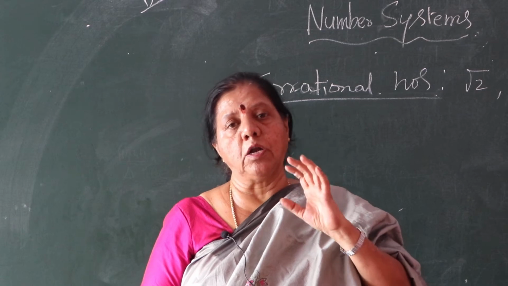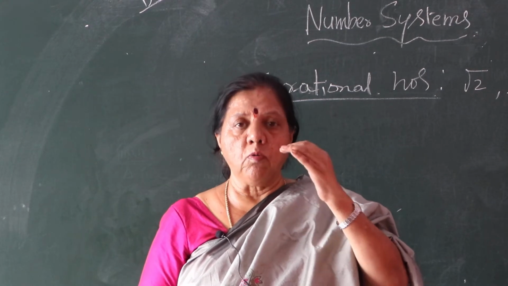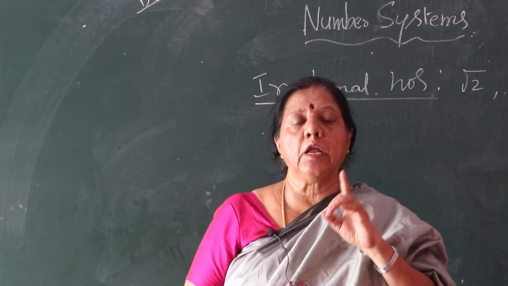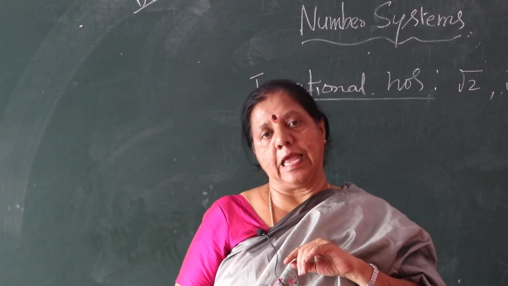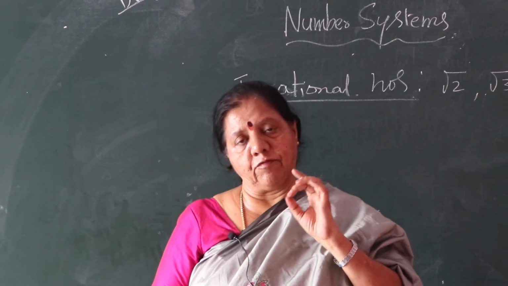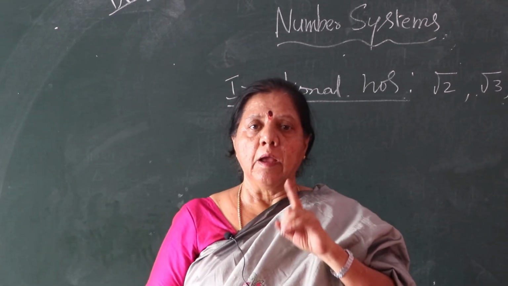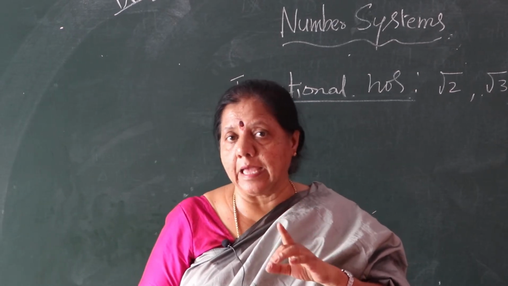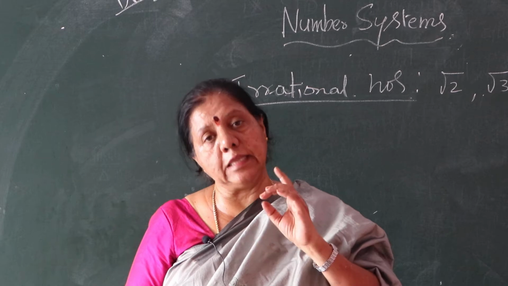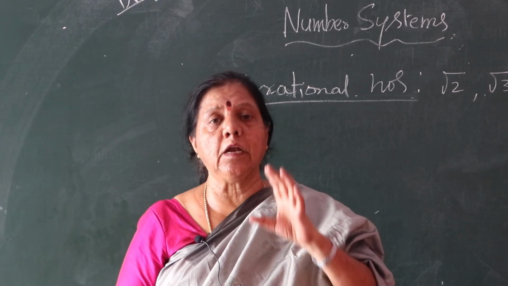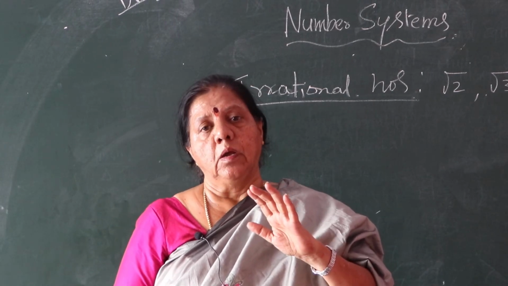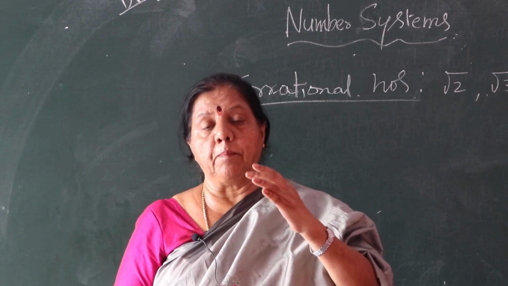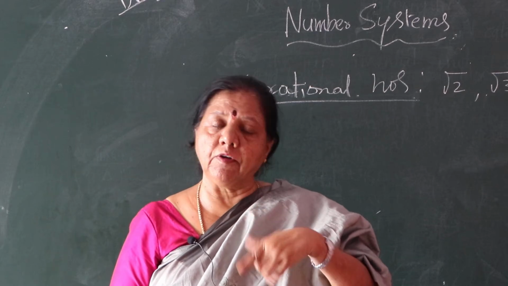Slowly, observe what I am drawing on the board and how I am finding it out. Here for the number line we are using the Pythagoras theorem. You already studied that formula in 8th standard, but you have not studied the theorem. You are going to study that theorem in 10th standard. But now I will simply teach you the Pythagoras formula first. Afterwards we'll go on.